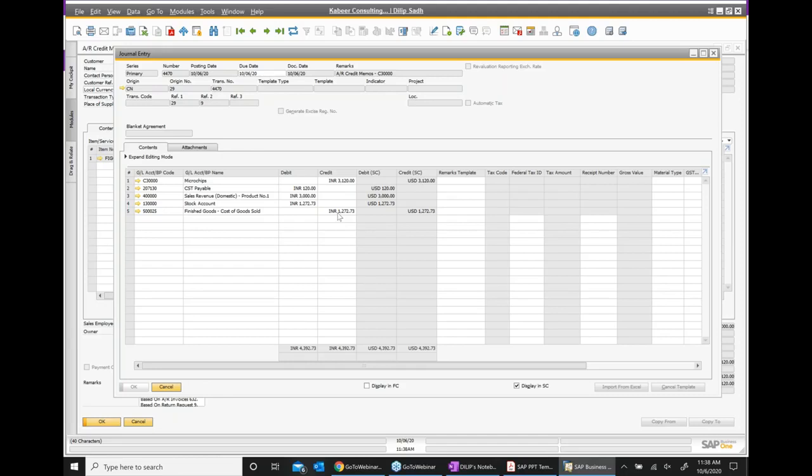It reverses my customer invoice entry. It also updates my delivery general entries. So it updates both. That is an interesting and important message for us to understand, that it will reverse both.